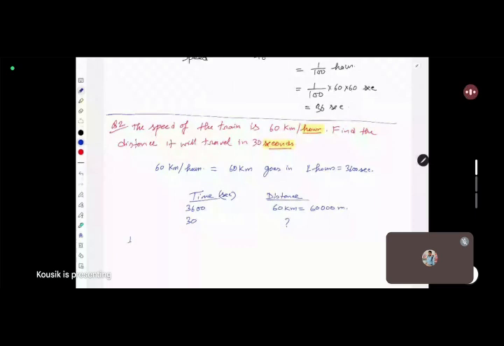So in 3600 second it goes 60000 meter, 1 second it goes 60000 by 3600 meter. So in 30 second it goes 30 into 60000,